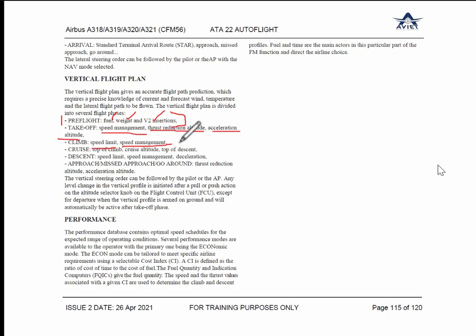During the climb, what will be the speed? Based on the weight of the aircraft, which you have already entered here. Then cruise condition, top of climb, cruising altitude, and top of descent. It means